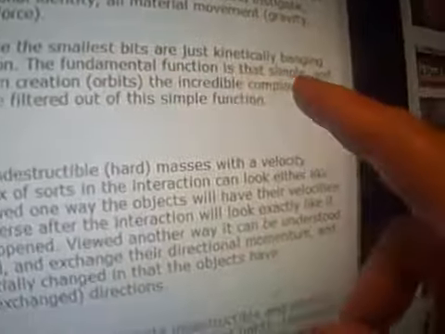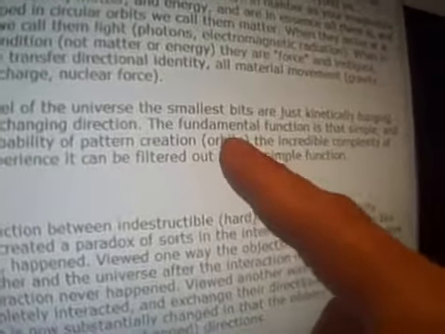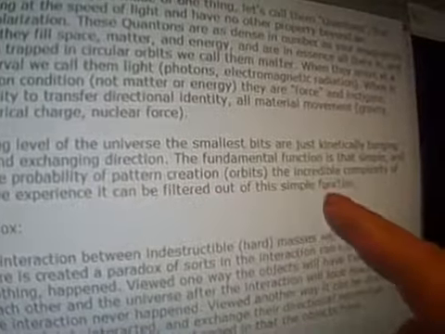The fundamental function is that simple, and combined with the probability of pattern creation, orbits, the incredible complexity of the universe as we experience it can be filtered out of this simple function. So the argument's going to be, once you establish an orbit, the constant pressure of the field maintains the orbit through this shadowing effect. And once you create a separation between two quanta, a distance, a period, and a direction, it'll never go away,